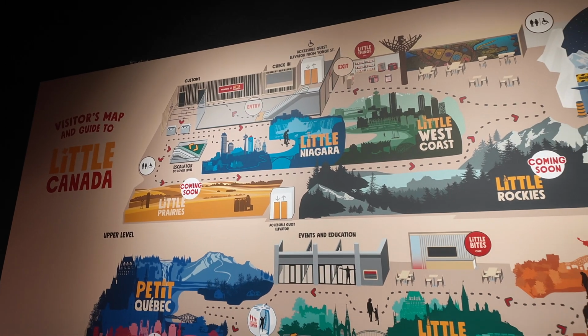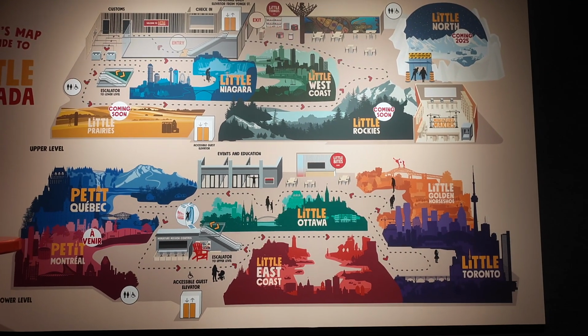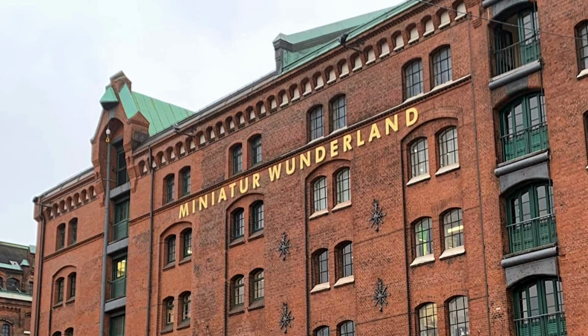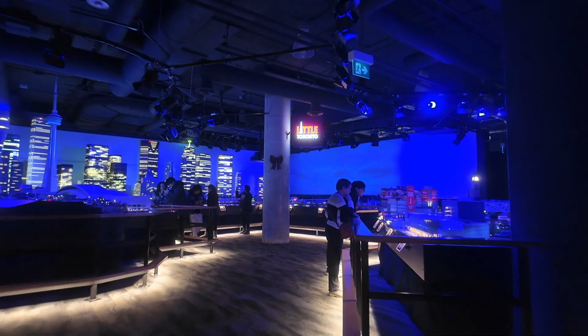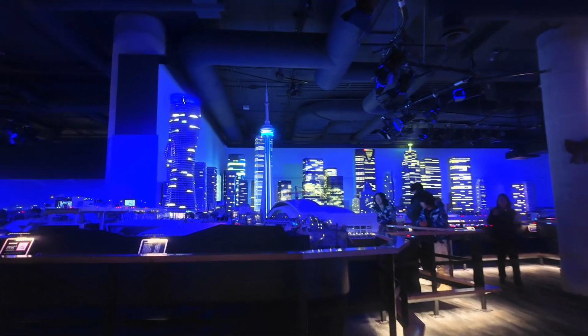The idea for Little Canada came from Jean-Louis Brennickmeijer, a Dutch-born entrepreneur who fell in love with Canada after moving here. After seeing a miniature Europe on display in Hamburg, Germany, he wanted to create a similar homage to Canada's vast beauty and diversity. With a team of model makers, artists, and engineers, he spent over a decade bringing this